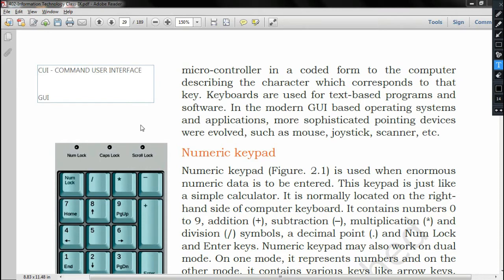Unix was basically coming solely in CUI mode, where you have to type commands, and this Linux is basically CUI and GUI, depending upon your requirement. You can use a CUI, you can use a GUI, right?